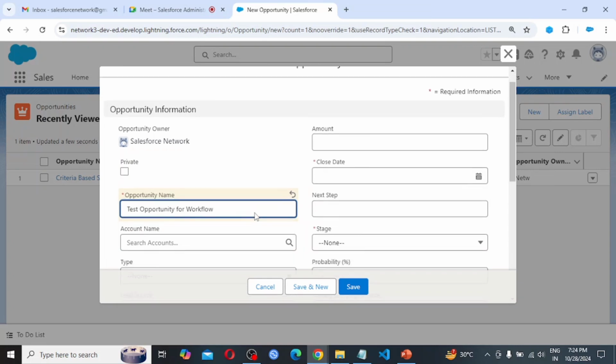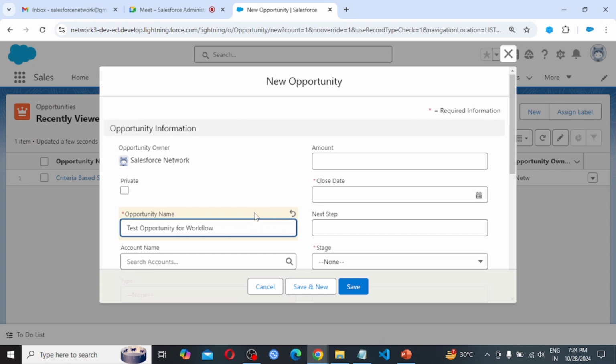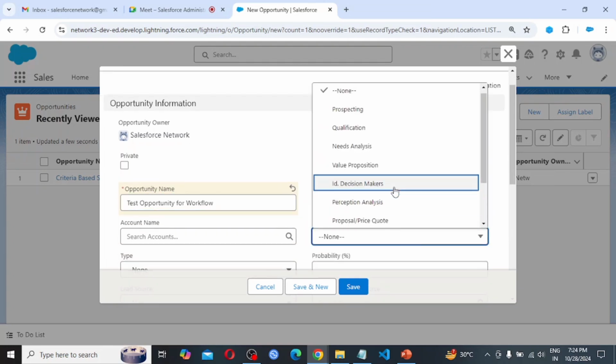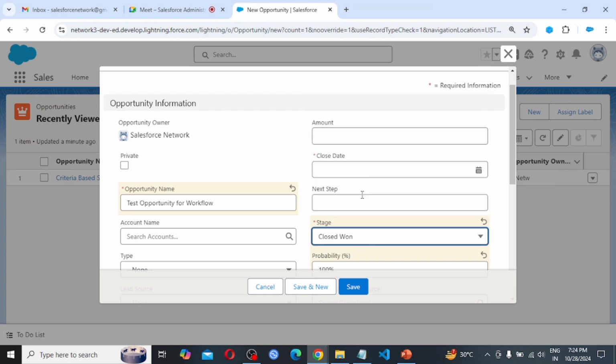For this opportunity, what we had created in the workflow, there are two criteria. So for this opportunity, two criteria must be met to evaluate the workflow we had written right now. So first one is stage, that must be closed one. So I am clicking closed one, and here the amount must be greater than $50,000.